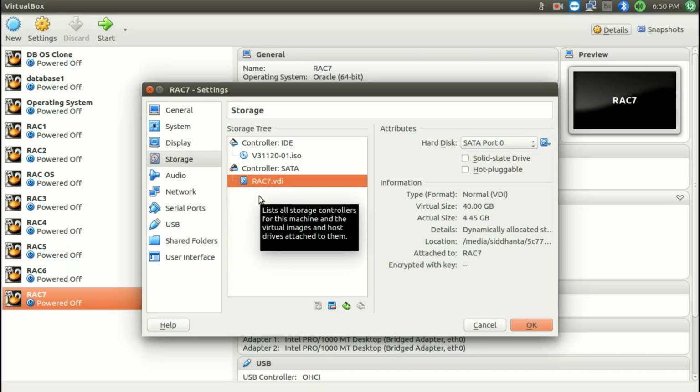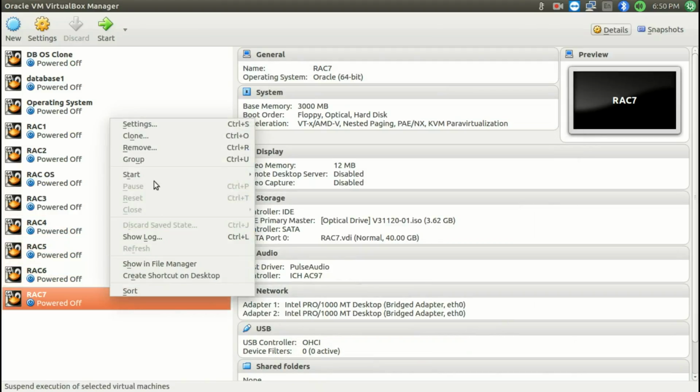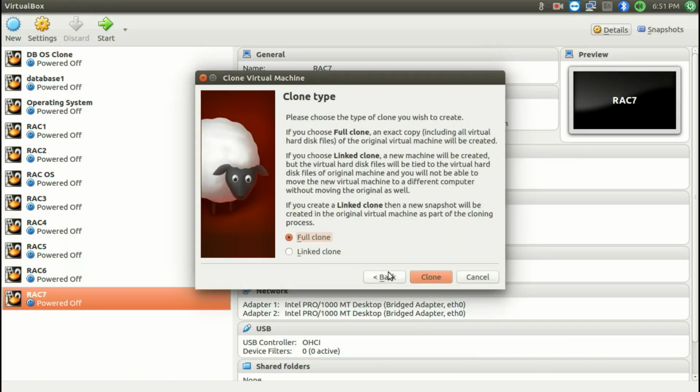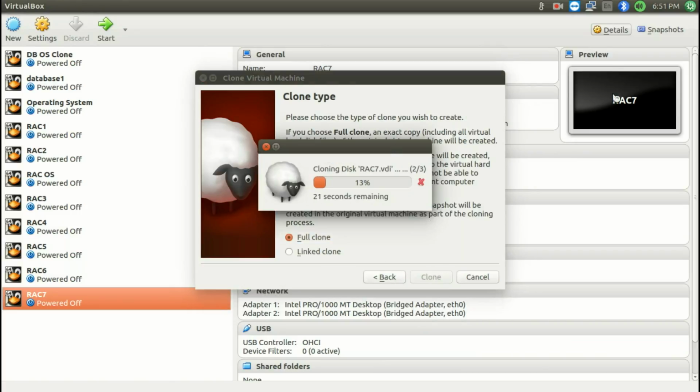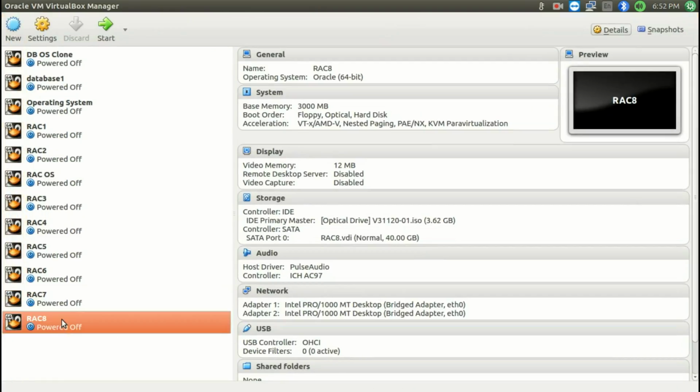If you don't remove it, it will take a copy of this disk and create a new copy in rack 8, and that we don't want. So we just remove it. Now we can create a clone copy. Yeah, I'll pause the video. So rack 8 is created, and